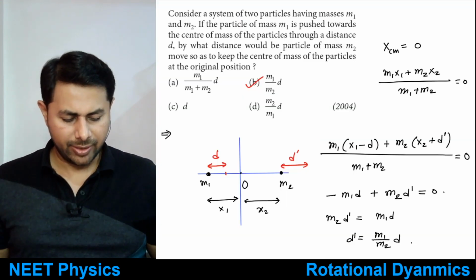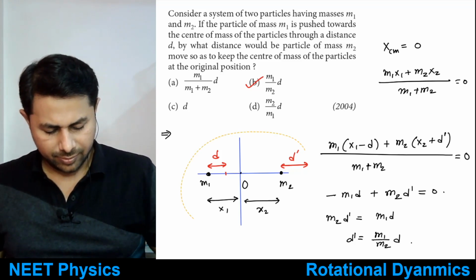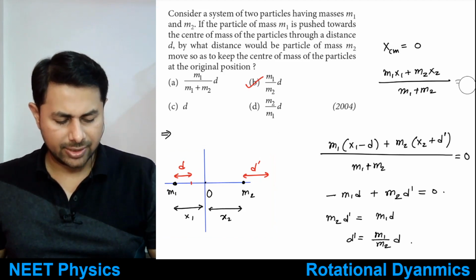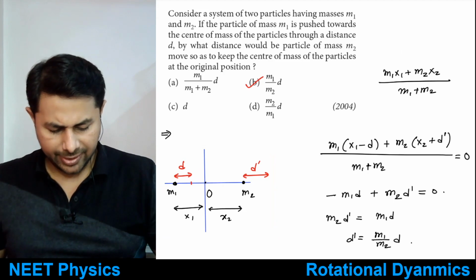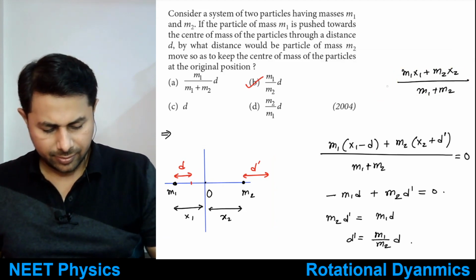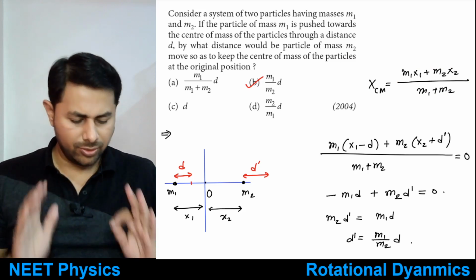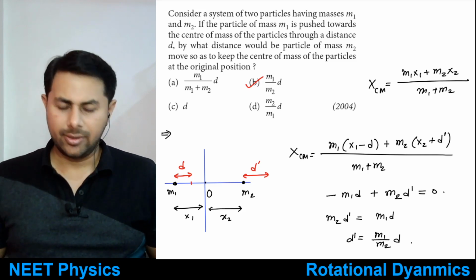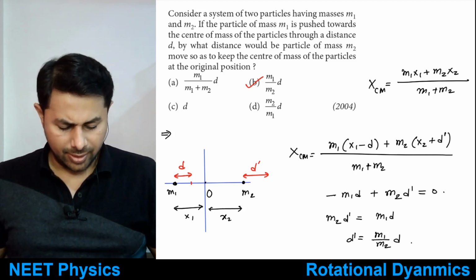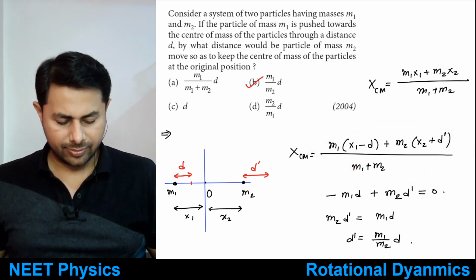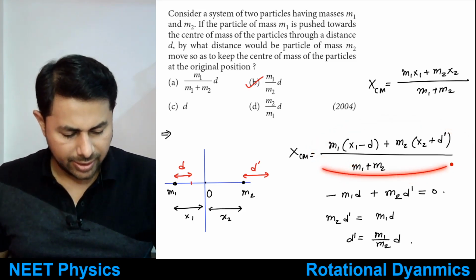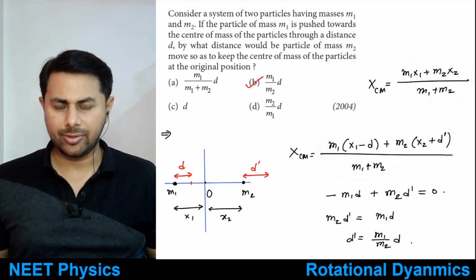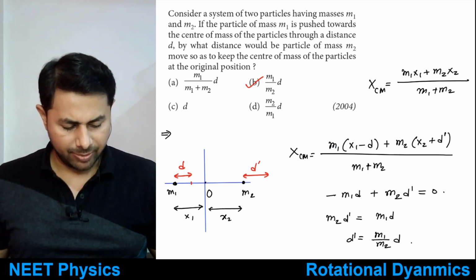The same problem can be solved in this way also. You need not think that the center of mass is at the origin. So this will be xcm, and you want to keep xcm the same. So for that, this thing will be equal to xcm, which is m1 x1 plus m2 x2 divided by m1 plus m2, and that thing will get cancelled out. If you just substitute for that,